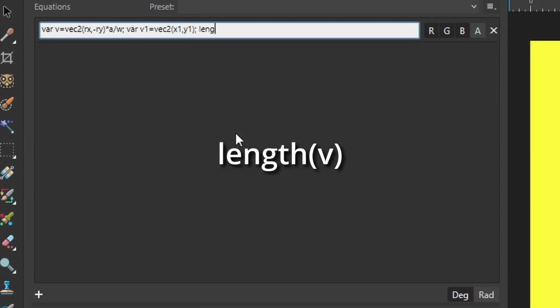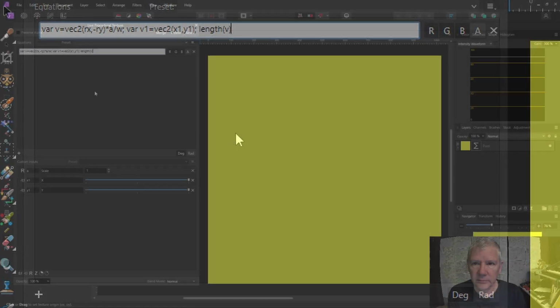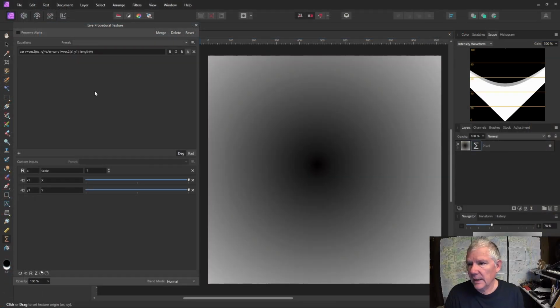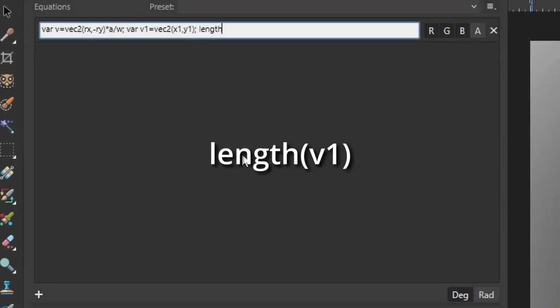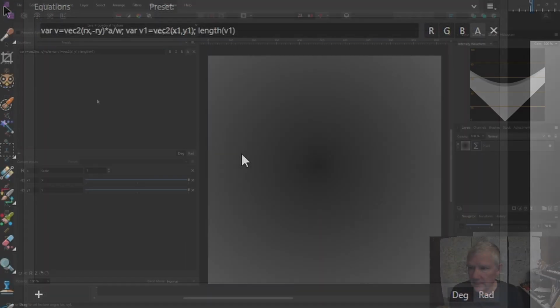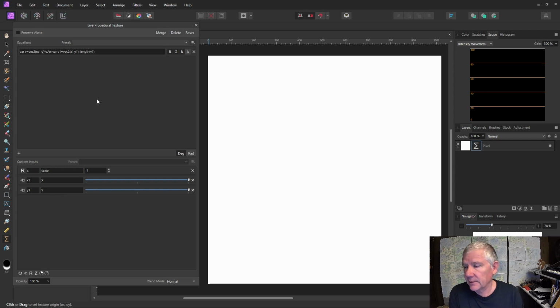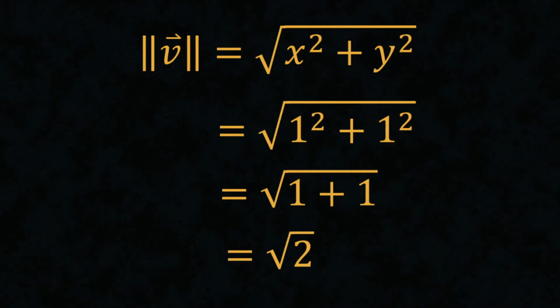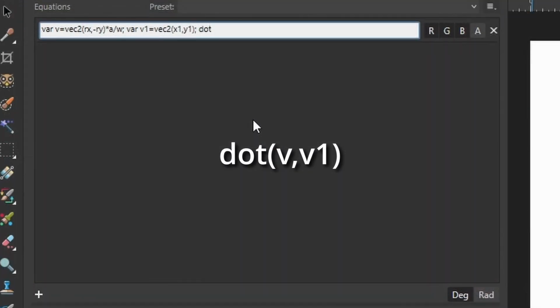If I look at the length of v, that is starting at 0 and then increasing in all directions away from the origin. If I look at the length of v1, it's just a constant value, and I can calculate that since these are both 1, it is the square root of 2. So if I look at the dot product of v and v1,